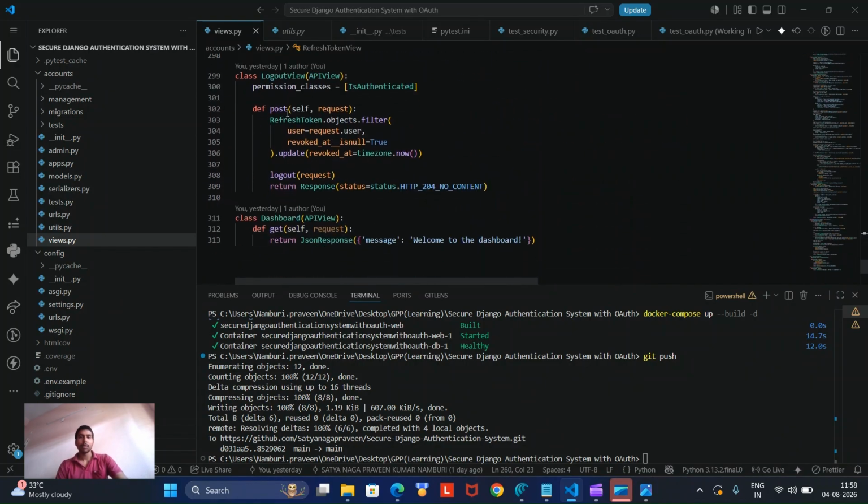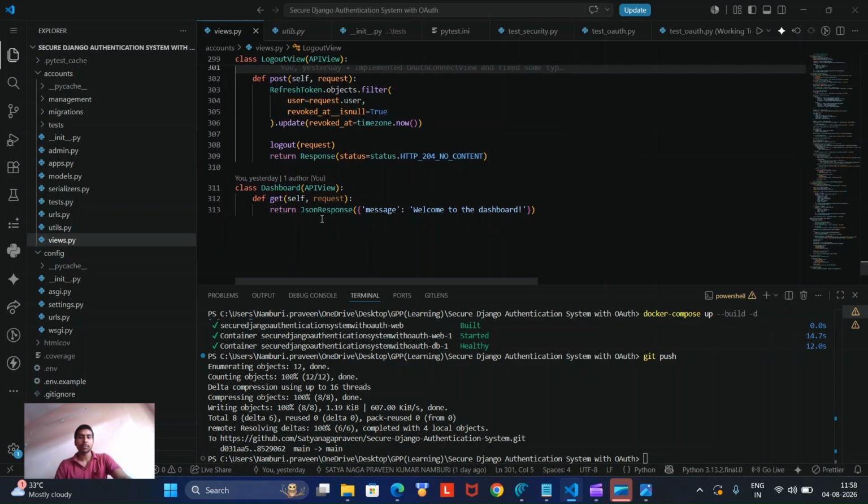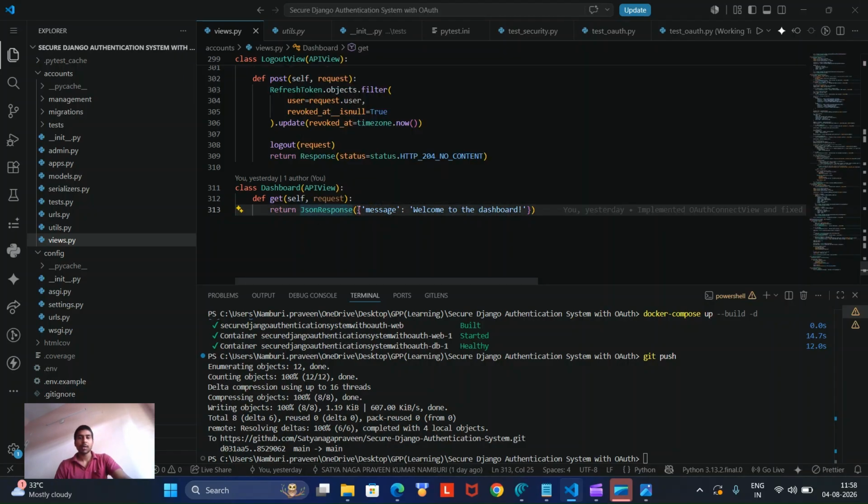And the logout view. You have seen that permission classes is authenticated, because only logged-in users can be logged out. And once the user is logged out, we are setting all the refresh tokens to null. I mean, we are just revoking all the tokens. And once the user logs in with their credentials, we are redirecting them to something called dashboard, a simple get request and a message,